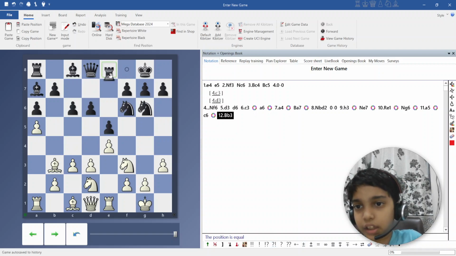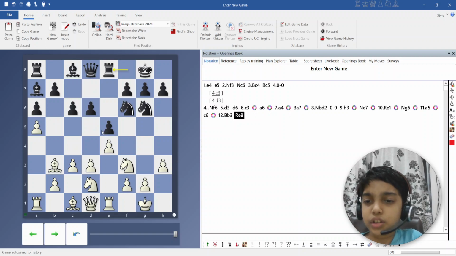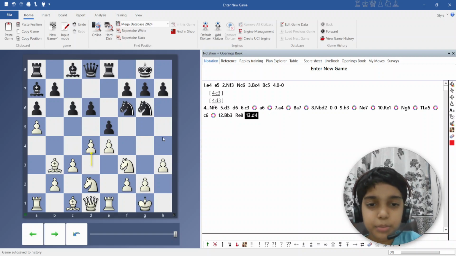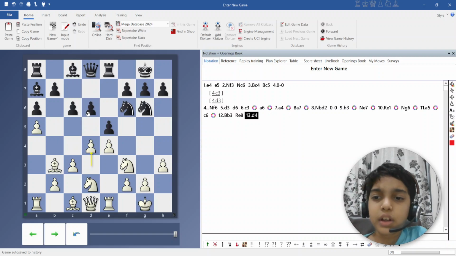Now rook e8, defending e5, and now in these type of positions we need to break the tension. Now d4, we break, I mean not break the tension but break the quiet in the center. So well, white breaks here with d4, and now the